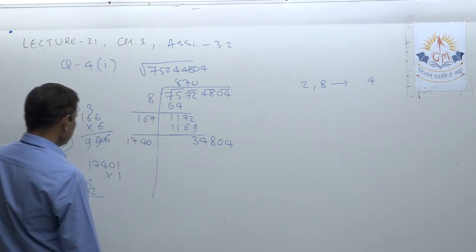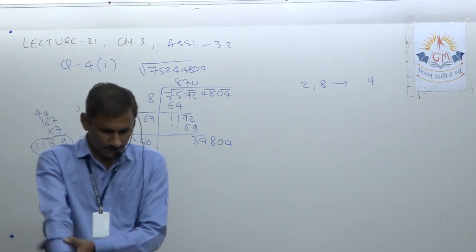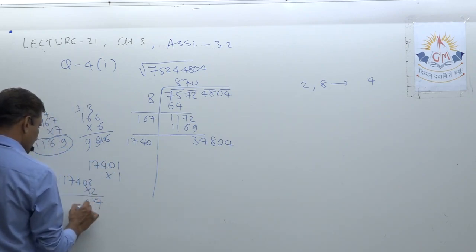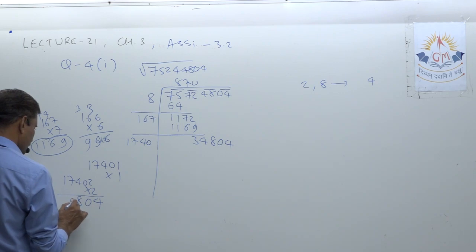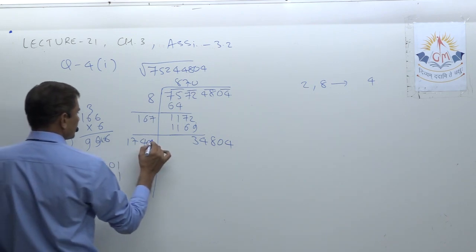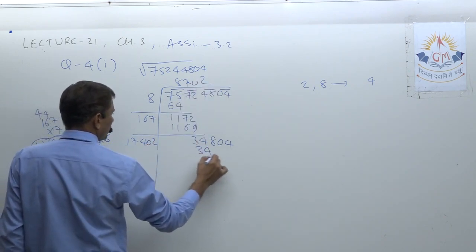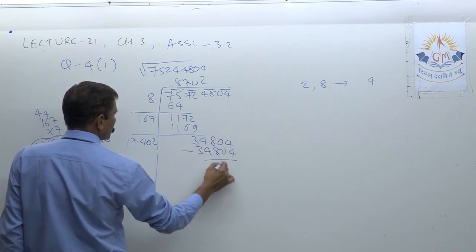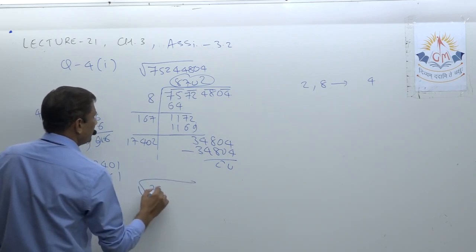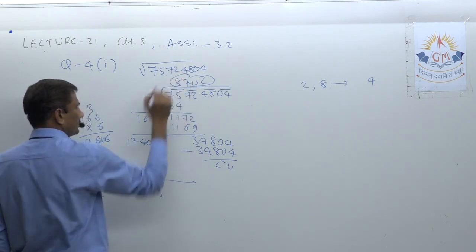Okay. So now, 2 2s are 4, 0, 2 4s are 8, 7 2s are 14 and 3. 3 4 8 0 4, we got it. So it is 17402 into 2. So 34804, we got 0. So this is our square root. So now you can give the answer. Is 7572? Okay, I corrected here, not here.